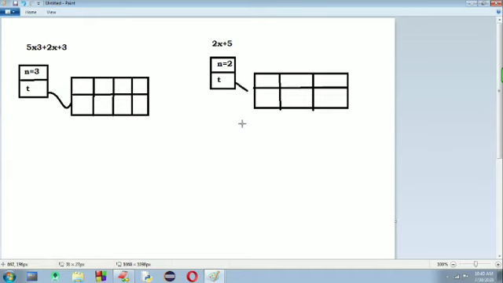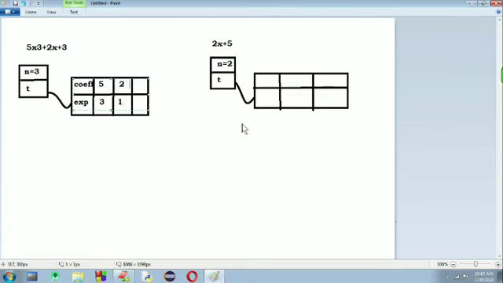Okay, and these terms contain coefficient and exponent. The first term's coefficient is 5 and exponent is 3. The second term's coefficient is 2 and exponent is 1.